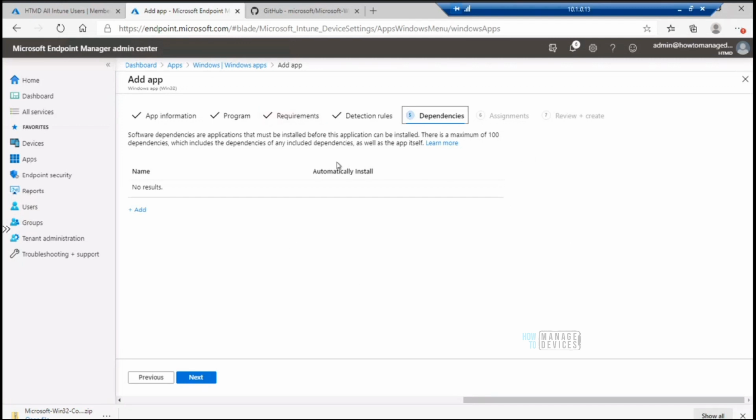One is for the main application, that is Symantec installation, and the second Intune Win file is for the XML file deployment, right? So in this application, I will add the main one.